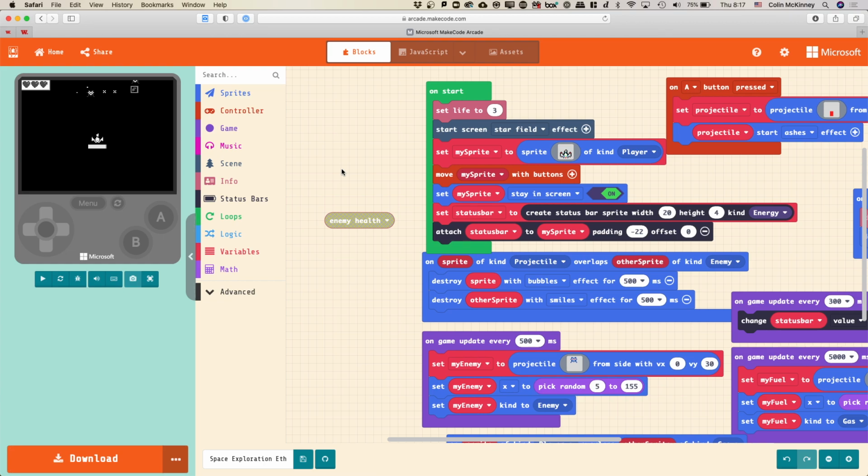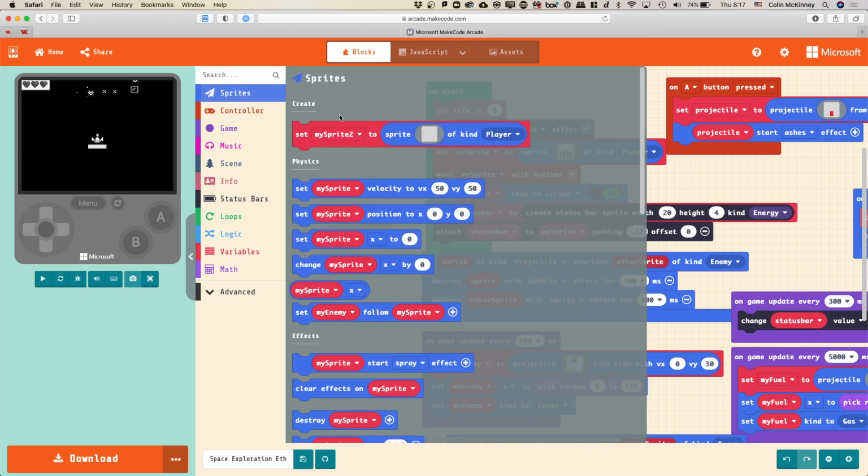Only that sprite can access that variable. All right, when I created this variable enemy health, did I get an option to say whether it was a local versus global variable? I did not, okay? So in this particular language, there's no distinction between the two. Everything's global. Okay, that's going to be a little bit of a problem because